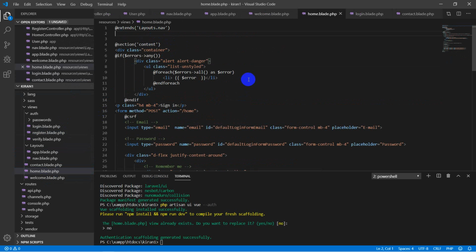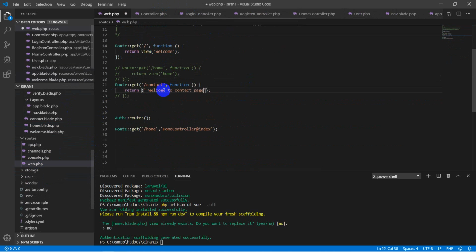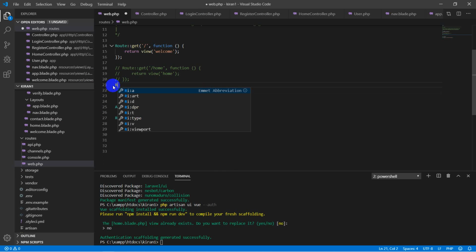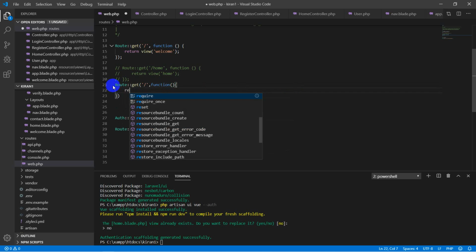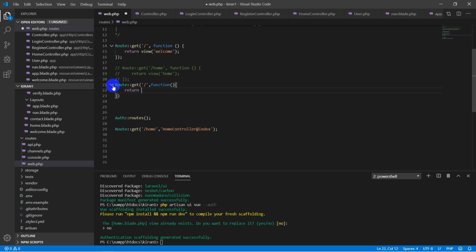For sending data to a view file, have a look on the desktop. So I have created the route get contact. I have created route get, and I have given the route a function, and secondly I have returned welcome to my contact page.